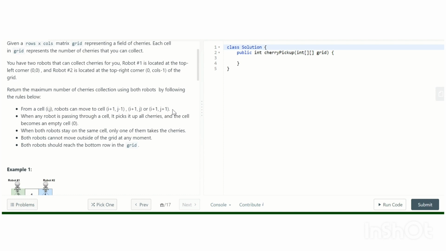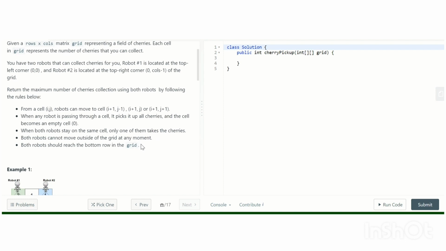We have two robots. When any robot is passing through a cell, it picks up all the cherries, and then the cell becomes empty. When both robots stay in the same cell, only one of them takes the cherries. Both robots cannot move outside of the grid at any moment, and both robots should reach the bottom row of the grid.